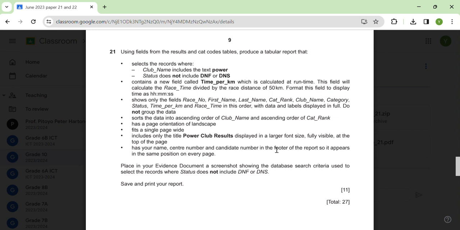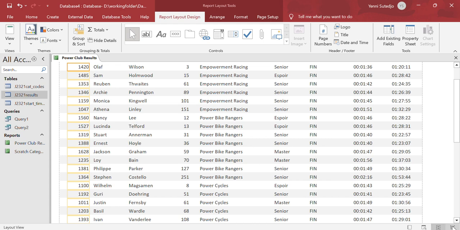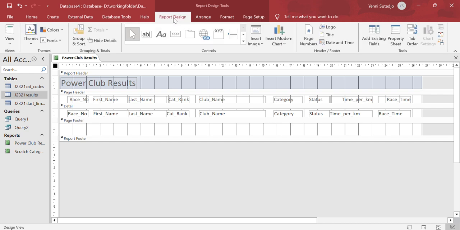So again, you go to the design view and actually this thing is not being requested, so actually you can delete it because the details should be available on all pages. You need to place your details on the page footer. I just want to remind you, when you place an item on the page footer, it means that item will be available on all pages of your document. But if you place it on the report footer, it means it will be available only on the last page of your document. So in here, I will type my details